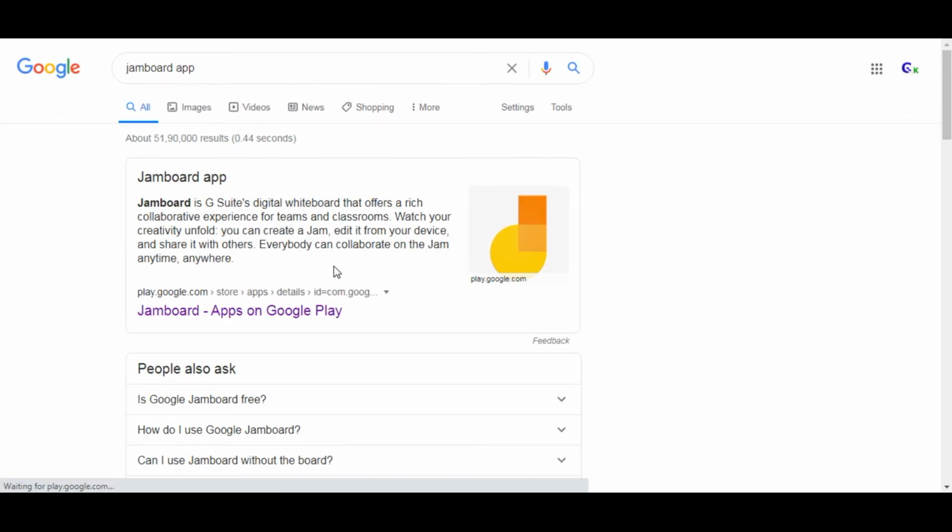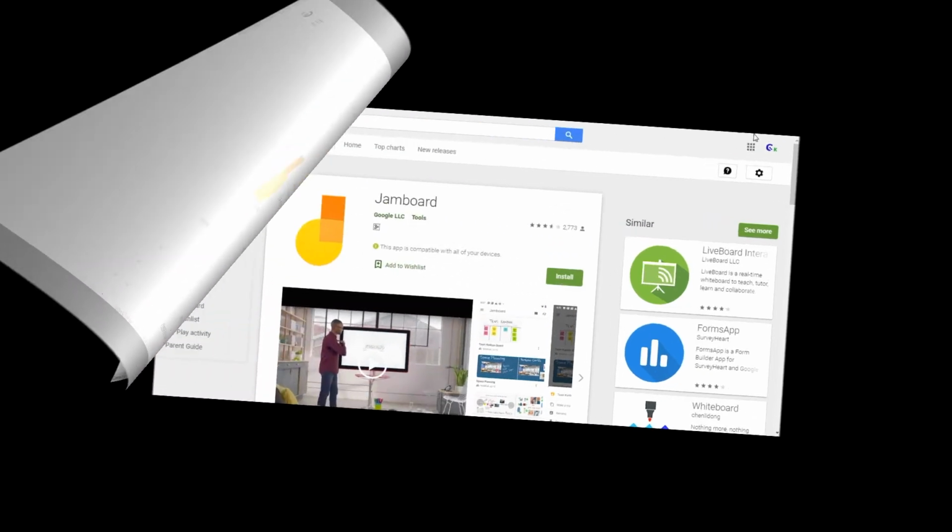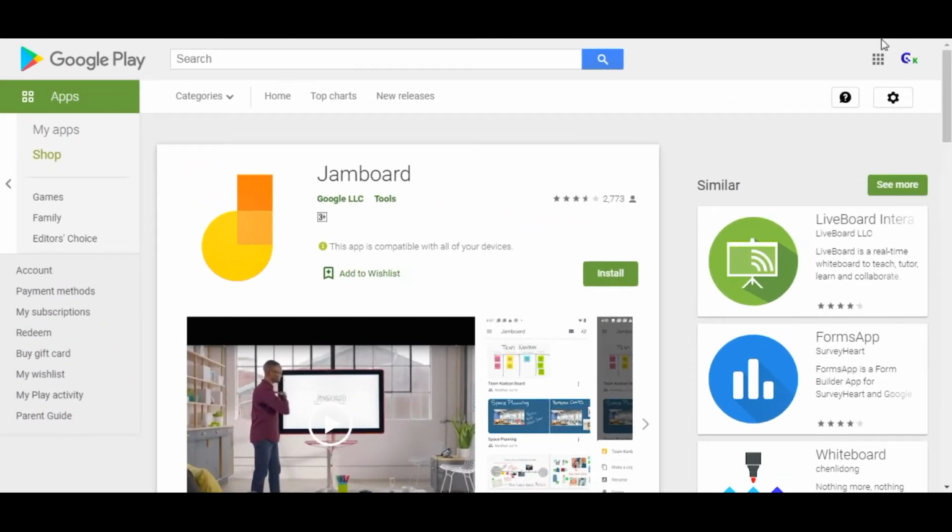You just need to log in using your Gmail ID, whether it is the desktop version or your mobile. Personally, I suggest you use this app on a mobile phone. Why? Because we all don't have a touchscreen laptop. If you have a touchscreen laptop, it is well and good. We can easily write on the screen, but we can't easily write anything using a mouse or keypad. So I suggest you use the mobile app.